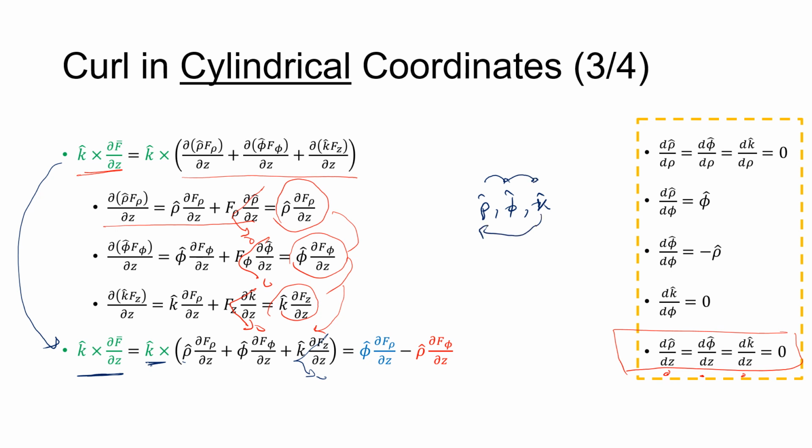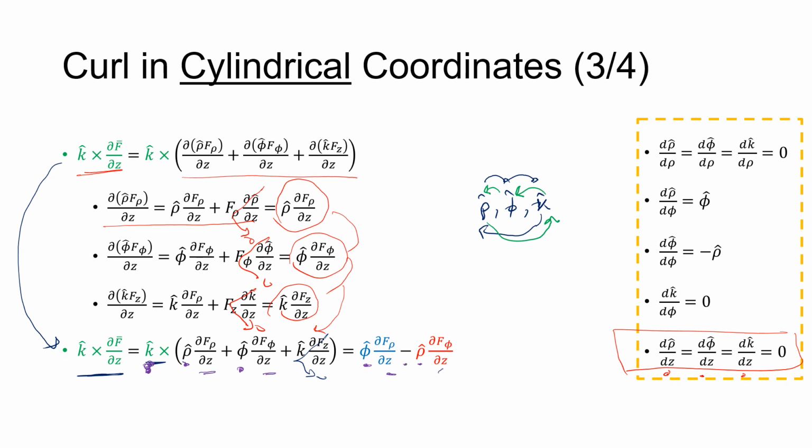If you go in the opposite way, meaning you are going phi rho, or rho k, or k phi, then you will get a negative sign. So let's do together. K cross rho, this gives you a positive phi. Rho, k here cross phi, this will bring you rho, but with a negative sign,